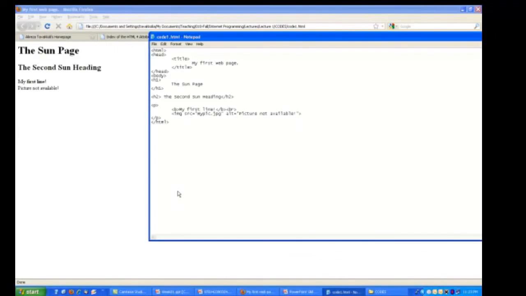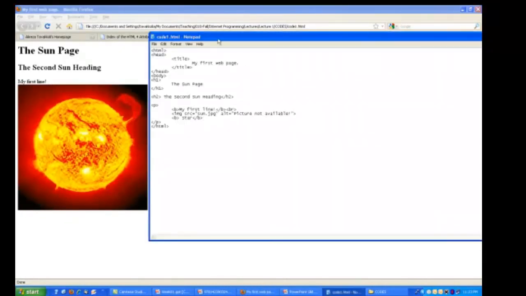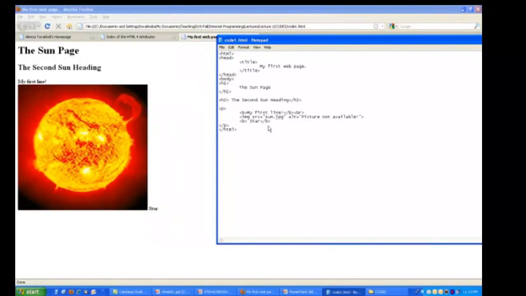Next is to type the image in, and I need to put this image, the sun, and then I could add a title to it. Let's make a boldface, and let's call it star. Let's see how it looks now. As you can see, it shows star right after the image, and you could put